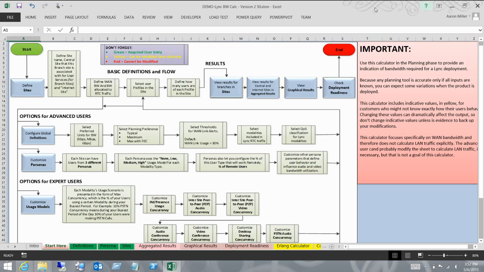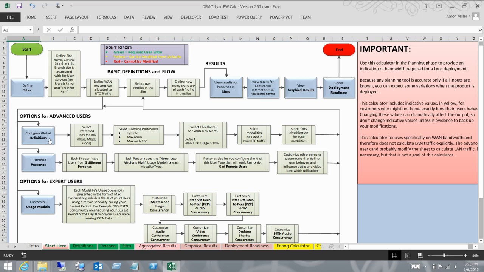So here we see the flowchart starts us off. It tells us that we need to go to the sites section, and when we click these blue kind of buttony looking things, they actually are buttons. It will take us to the appropriate tab and walk us through it. There's a whole section down here below that is for more advanced settings. It allows you to change your